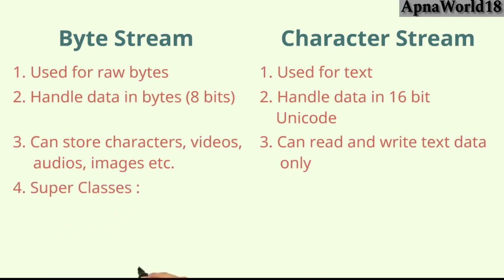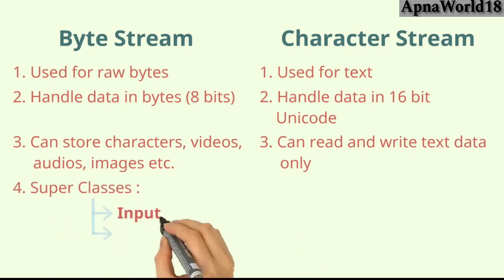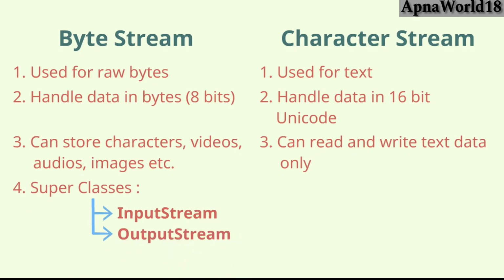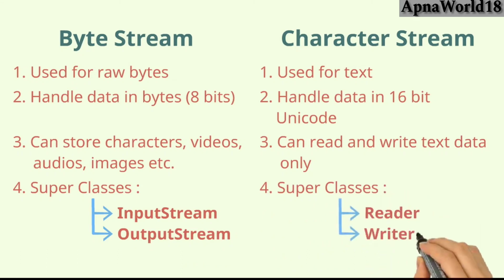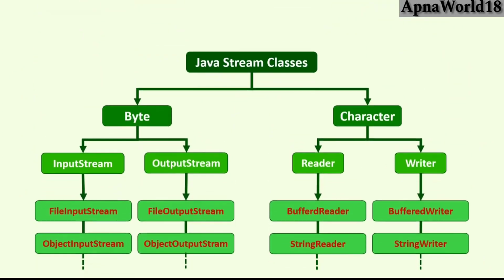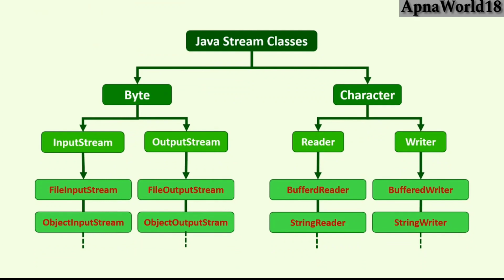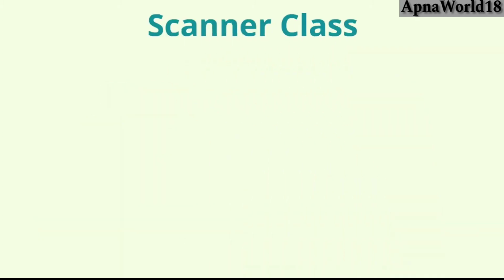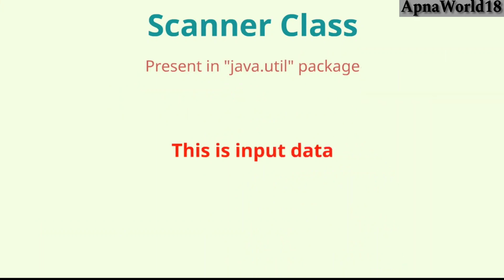InputStream and OutputStream classes are the superclasses of all the input and output byte stream classes. Reader and Writer classes are the superclasses of all the character stream classes. Depending upon your requirement, there are multiple classes which are derived from these classes, and various methods are available to read or write data. Java also has the Scanner class in the java.util package, which is used to break inputs into tokens